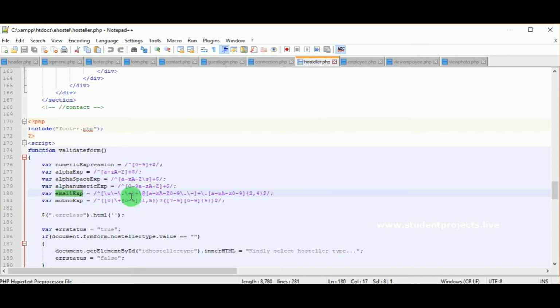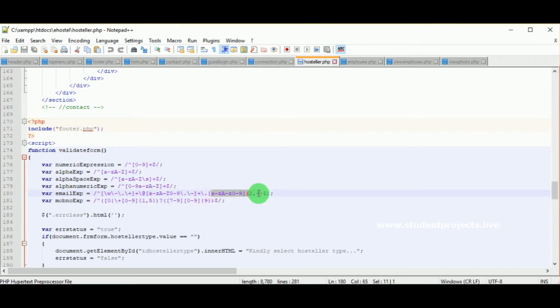Then email expression, which means it is a format in which way email must be followed. So what is the format for the email? That is shown here. So it should have an at sign, then it should have 0 to 9 and A to Z. So in different ways the format is shown.